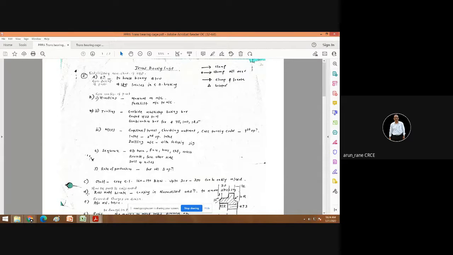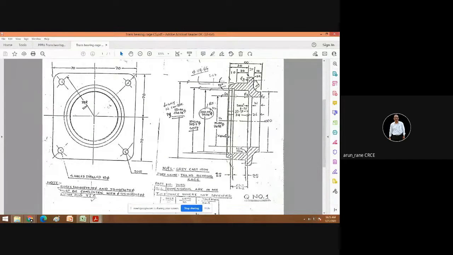So here the function is to house a bearing of diameter 100. This bore of 100 is where the bearing will go, and inside the bearing there will be a shaft. And this diameter, that is 125.00, will go inside the housing.